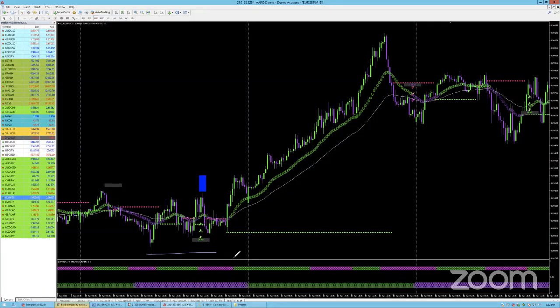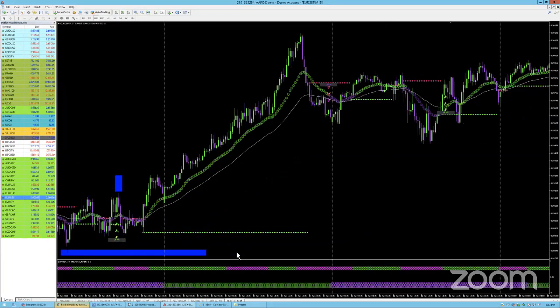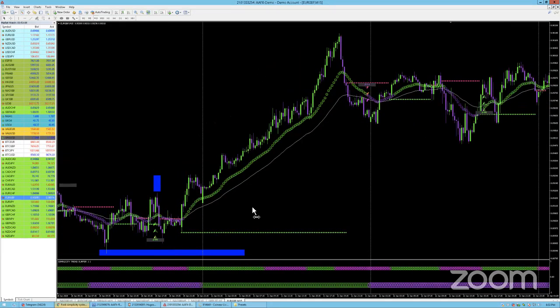Like here, or here? I will put it behind the previous low. Okay, so your stop loss is here, and you entered here. I'm going to draw another box that's probably more sustainable. Correct. And what's your take profit?